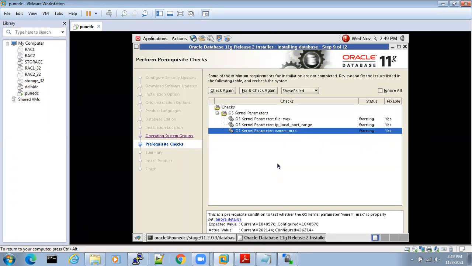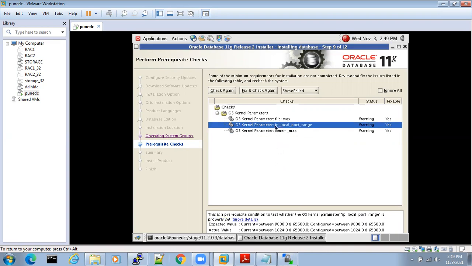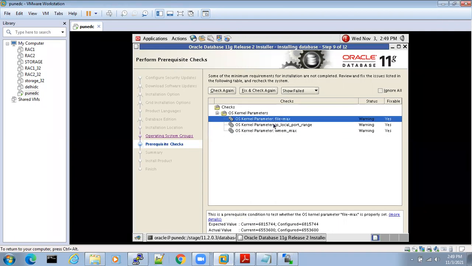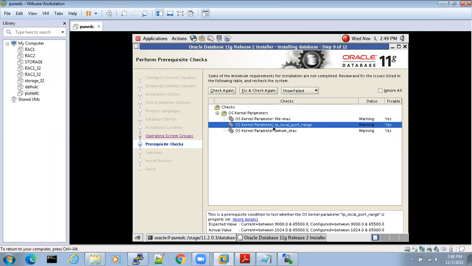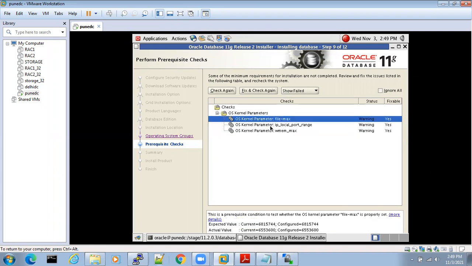Are we managing OS level or DB level? DB level. Obviously, if you ask me to change a database parameter, I know how to change it. Alter system set that parameter equal to new value, scope equal to spfile, or scope equal to both. But how to change OS level parameters? Actually, we can do it as a DBA, but we don't know where these parameters are in the operating system.